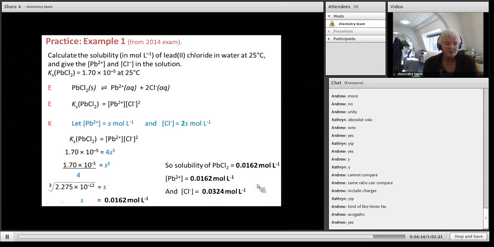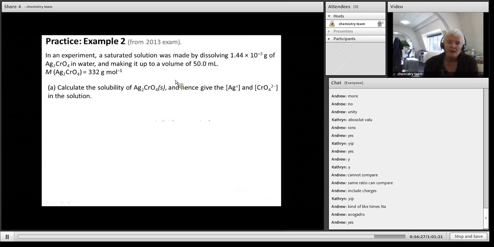Any questions? Nope. Okay, and there again, sig figs and units. Here's now from the previous year's exam, 2013, and so we get given now a mass, so they've